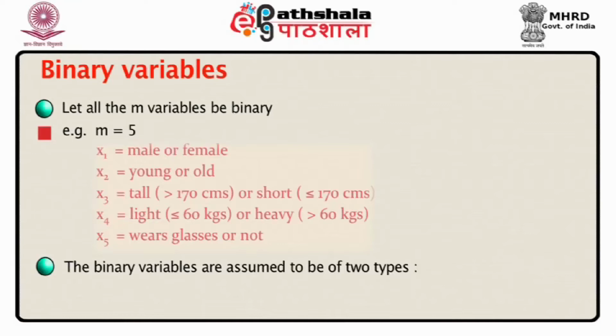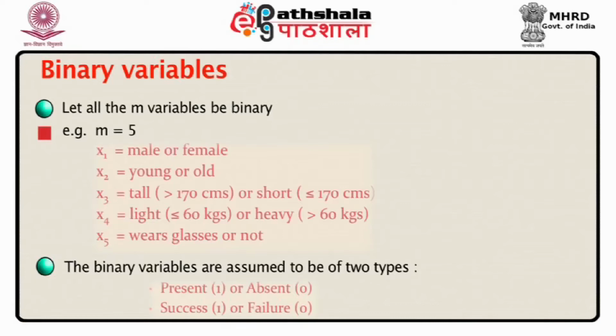The first of this type is the present or absent type of variable. You look at the fifth variable here, wears glasses or not. So, some persons have glasses, that is, glasses are present in this case, and for some persons they don't wear glasses, so glasses are absent in this case. So, we can have a present or absent type of variable